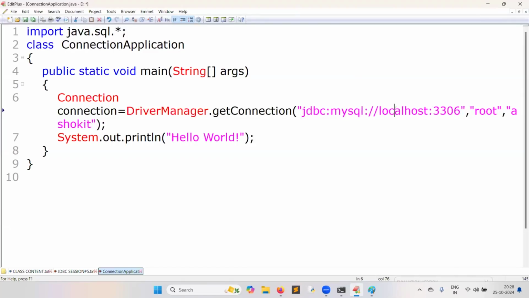Localhost means the IP address of the computer where the database server is running. Localhost means same machine. It means the Java program is running in which machine? The database server is also running in the same machine. That's why we call it localhost.